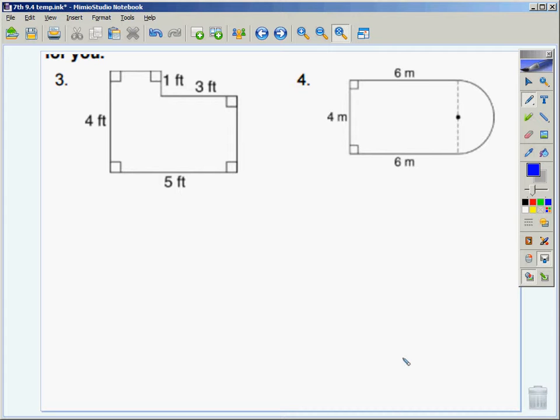On problem number 3, you have to decide how you want to divide this odd shape out. You want to divide it vertically or horizontally? You want to divide it vertically. It's certainly okay to do that. I'm going to label my 2 shapes. What's my first shape? What shape is it? Rectangle. You're going to notice, what did I write down? The shape. What's the formula? Length times width. Base times height or length times width. Okay? What is the base